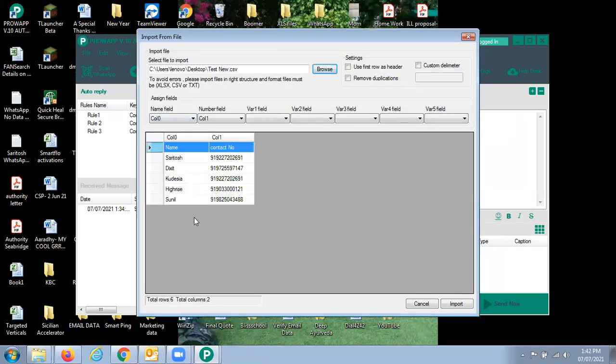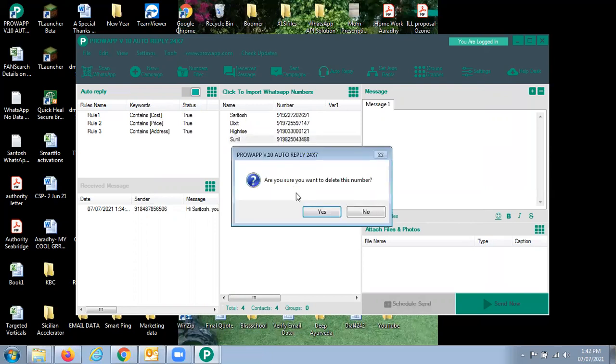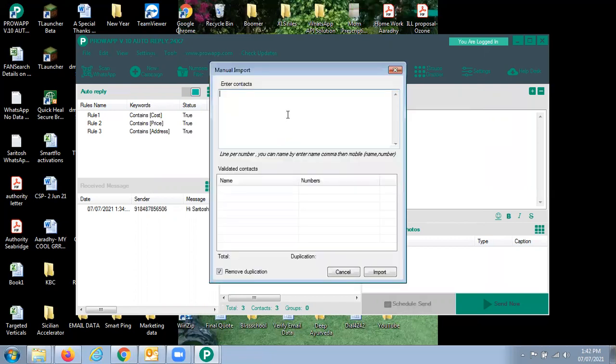Header, remove duplications, import. If I do not want to send a message to any particular number, we can also manually delete it. Now, if you want to add a number like yours, I will again add it. Again, we have to enter it manually.